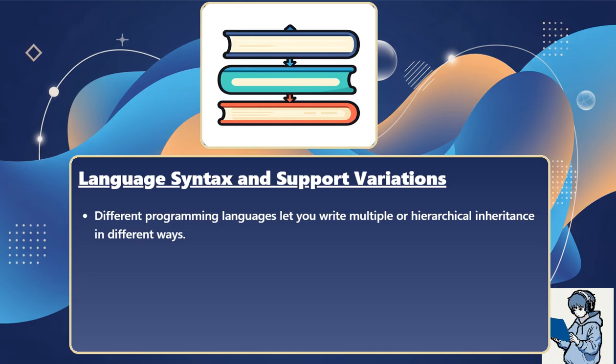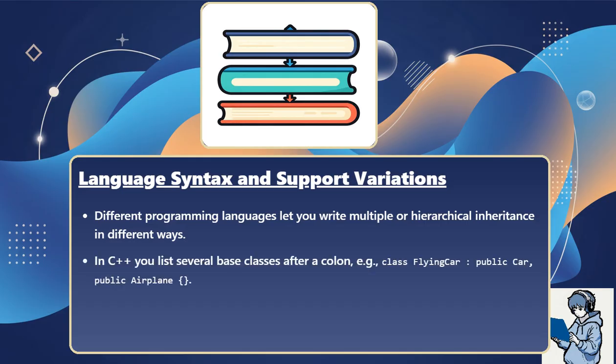Different programming languages let you write multiple or hierarchical inheritance in different ways. In C++, you list several base classes after a colon. For example, class FlyingCar : public Car, public Airplane { }. Python uses parentheses: class FlyingCar(Car, Airplane):